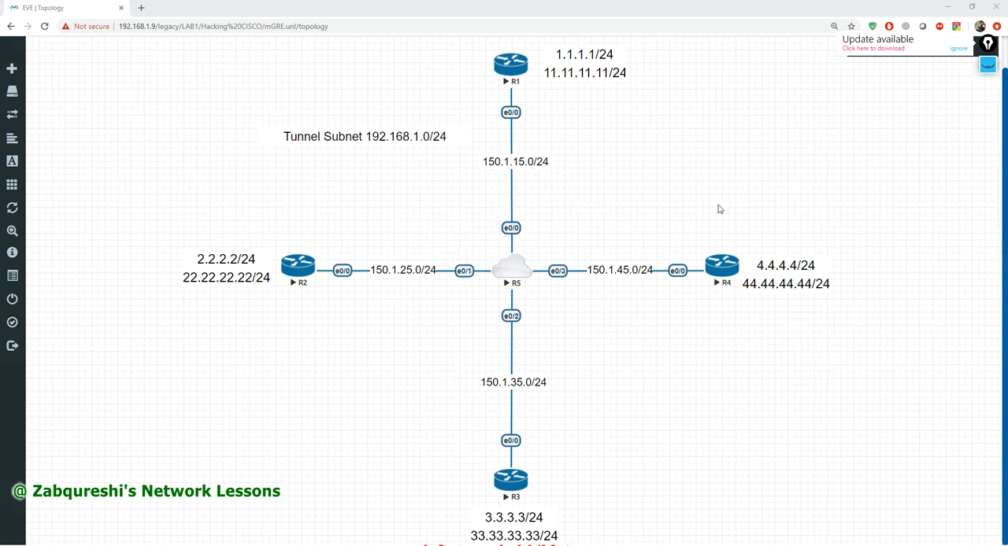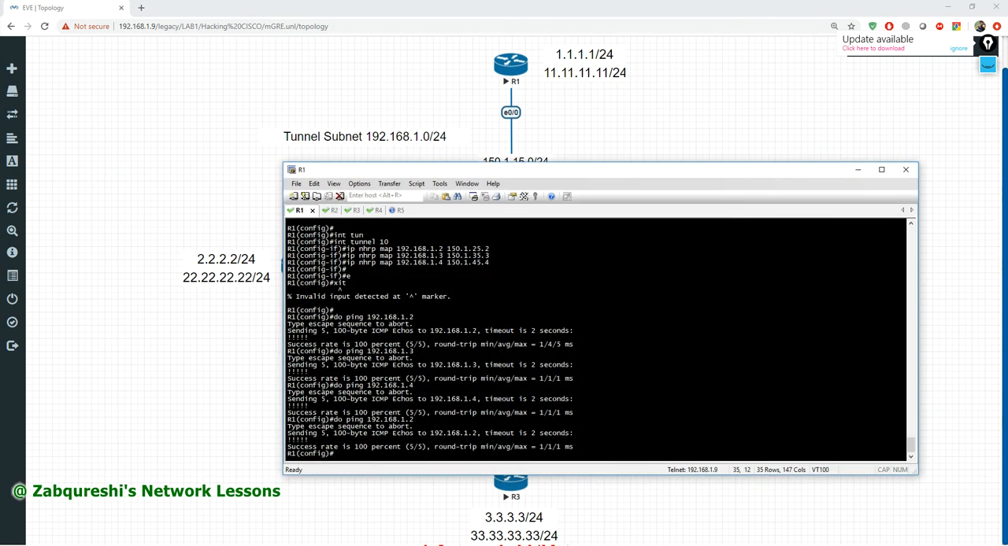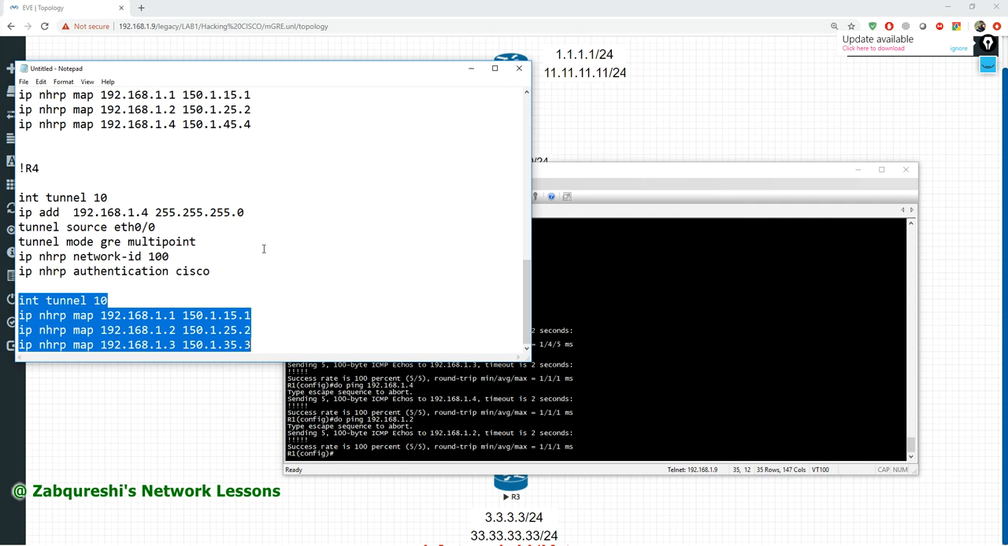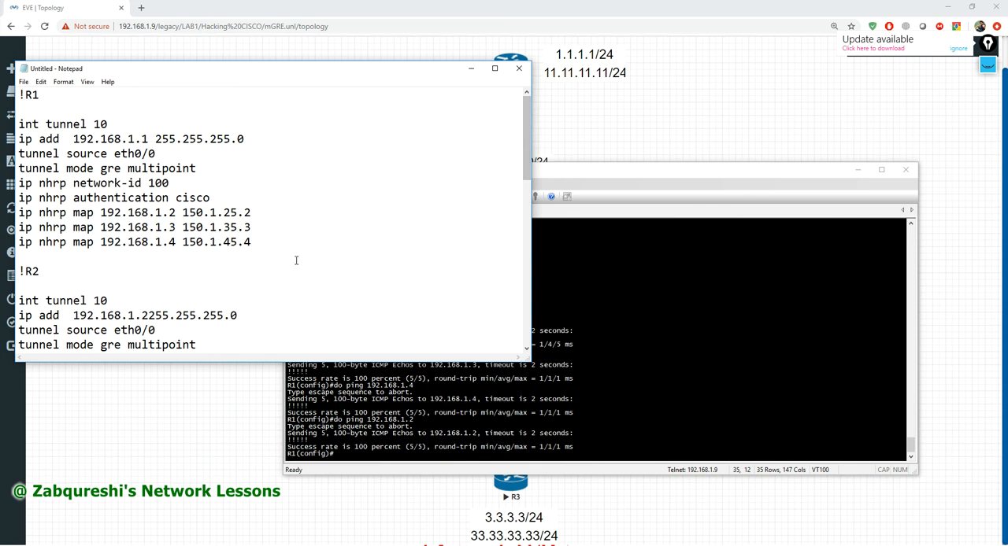So I have to go to my R1. Let's go to the notepad first before going to R1 on the CLI. So this is my notepad, right? On R1, I'll say IP NHRP map multicast to, you can copy this, paste, right? Likewise, I will have 3 separate statements for